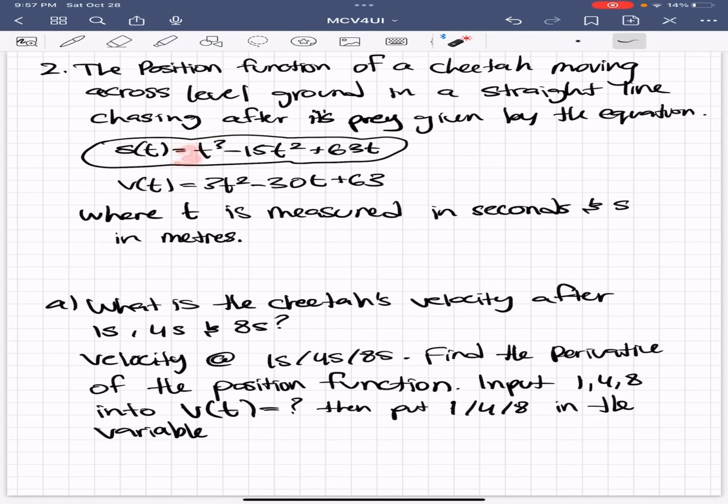And it became 3 of t, and then we did 3 minus 1, which equals 3t to the power of 2. So that's using the power rule to get the velocity function. And I know I gave you the velocity function. We're going to go through how to solve each question, and then we will do the questions together. So where t is measured in seconds and s is in meters,